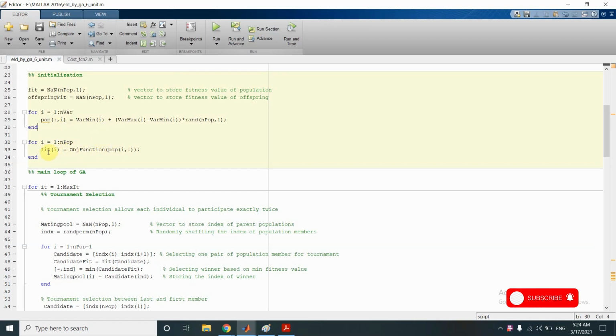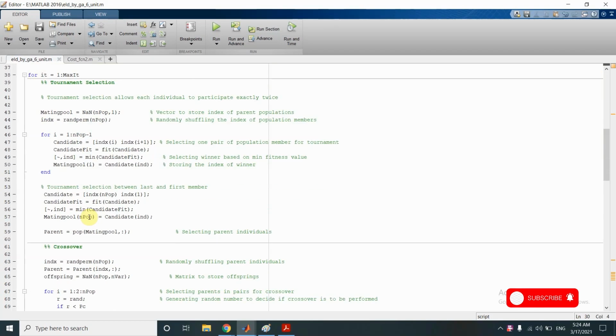So here we are updating the fitness column by passing the individuals from the pop matrix, that is passing the rows of the pop matrix into the objective function using the for loop.